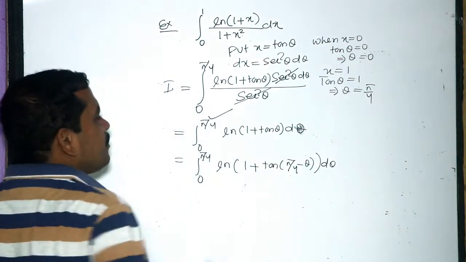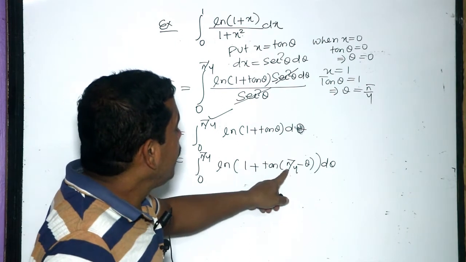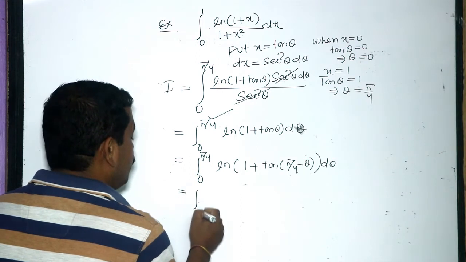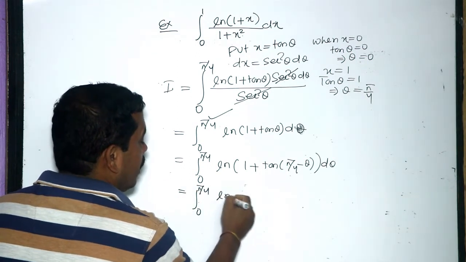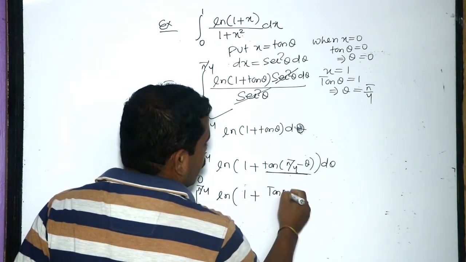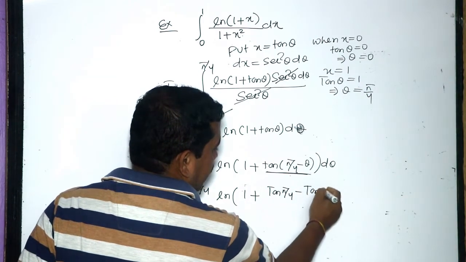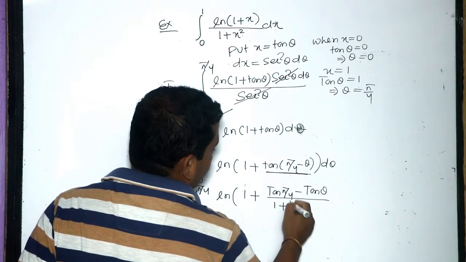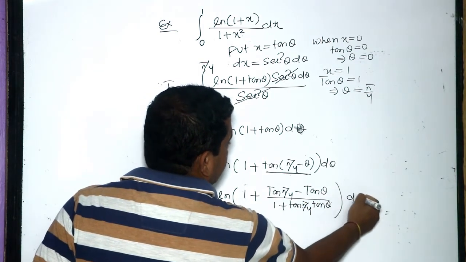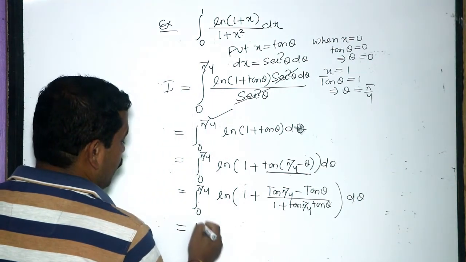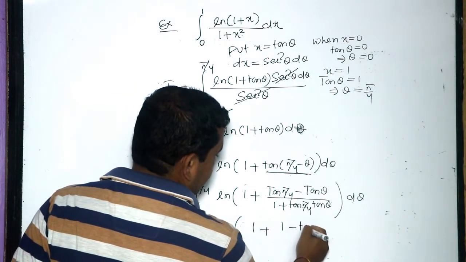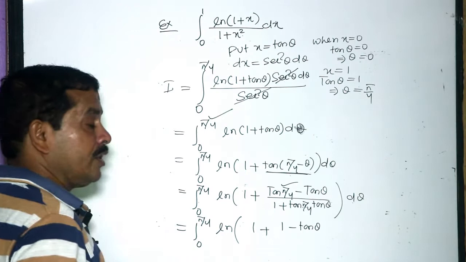Because here a is pi by 4, instead of theta we have to write a minus theta, meaning pi by 4 minus theta, which equals 0 to pi by 4 log(1 plus tan(a minus b)), that is tan pi by 4 minus tan theta by 1 plus tan pi by 4 into tan theta, d theta. Which equals 0 to pi by 4 log(1 plus (1 minus tan theta)